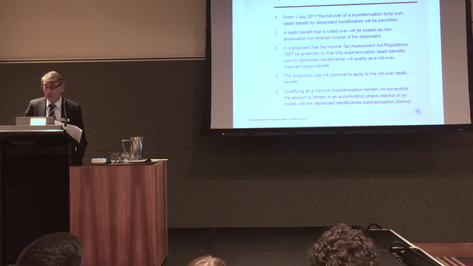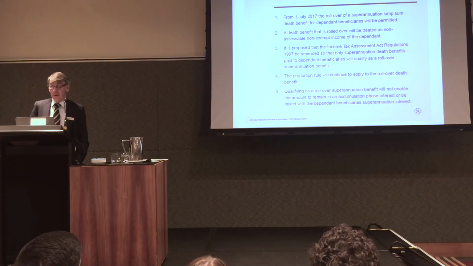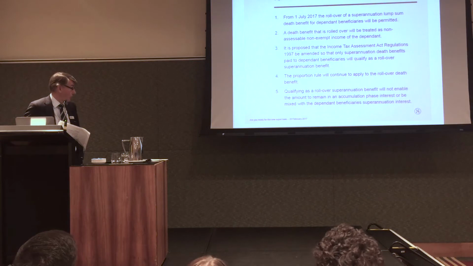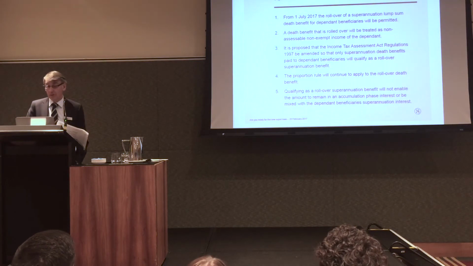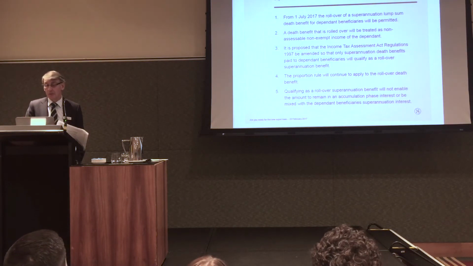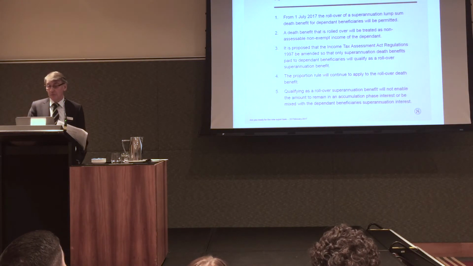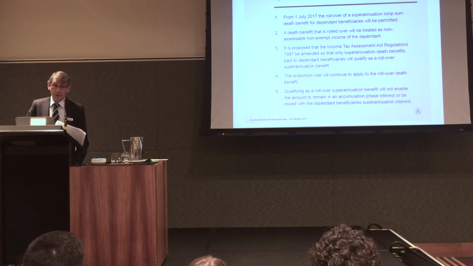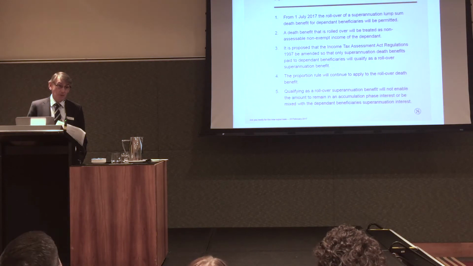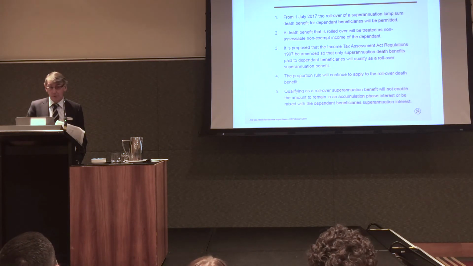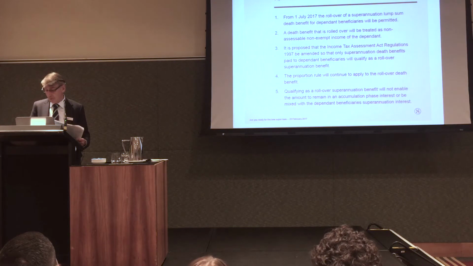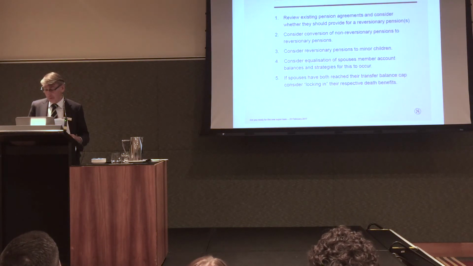Superannuation death benefits to superannuation rollover benefits. Well, look, what this slide simply confirms is that from 1 July 17, the rollover of a superannuation lump sum death benefit for dependent beneficiaries will be permitted. So we can roll from one fund to another fund. At the end of the day, as to whether the funds can remain in the fund or not will depend upon the particular age of the children as to whether they have to come out as a lump sum benefit or